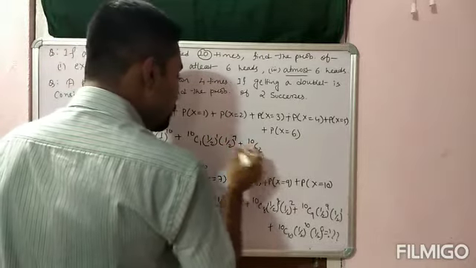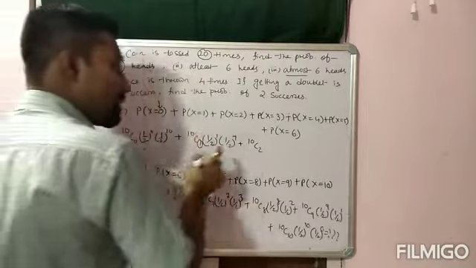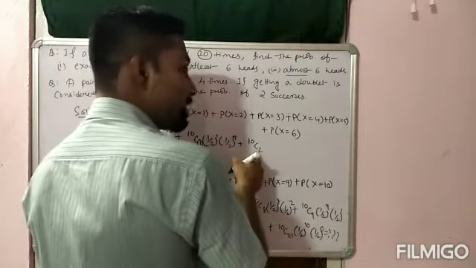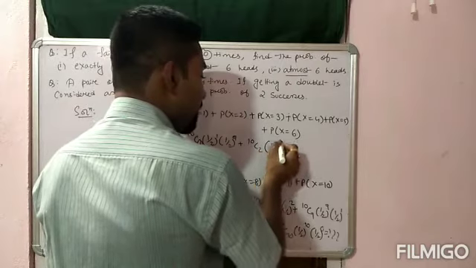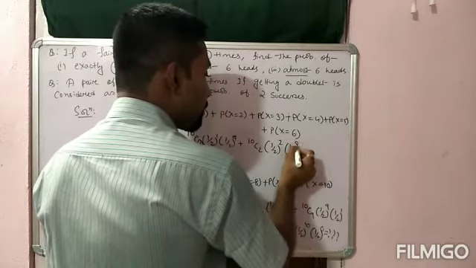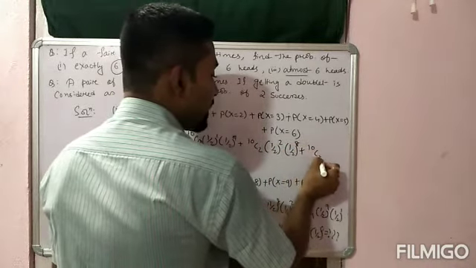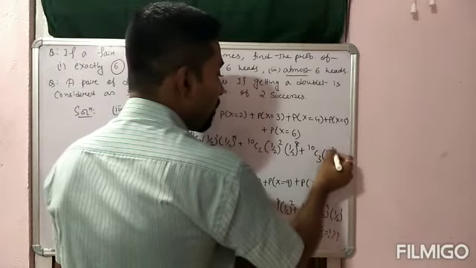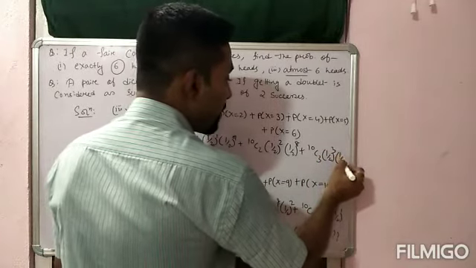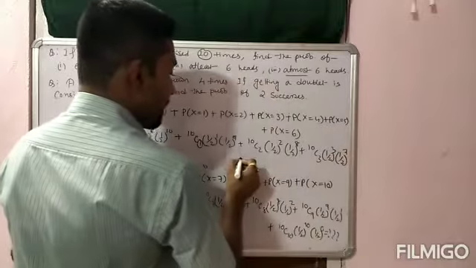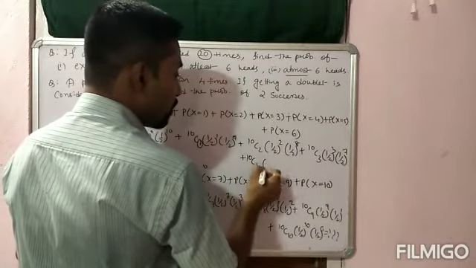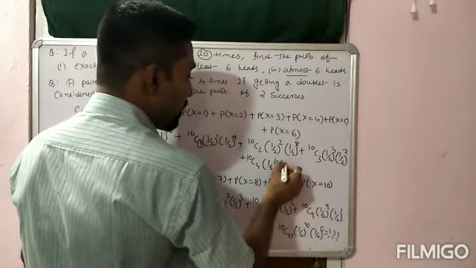10C2. ये 1 का मतलब 1 success. That means remaining 9 part is failure. 2 means 2 success. 2 success, that's why half to the power 2. So remaining 8 part will be failure. 10C3. 10C3 means only 3 times success. So remaining 7 times will be the failure. Plus 10C4. 4 times success means 6 times failure.